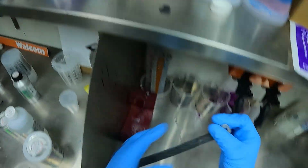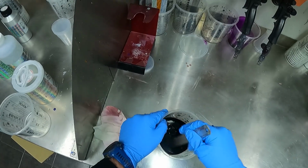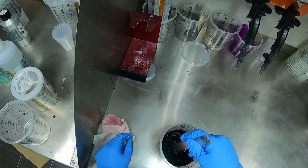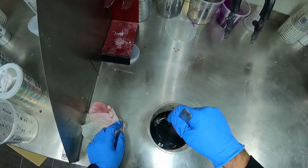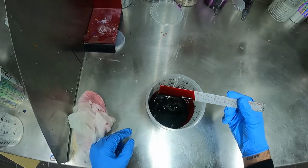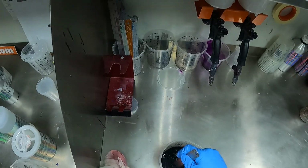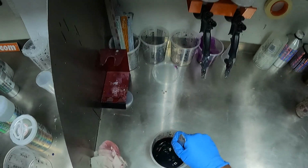We'll grab a stick just to show you guys how potent this is. We'll give it a quick stir up. You'll notice that it's actually really, really dark, like extremely dark. So that's a really great looking candy right there. So now what we want to do is mix this 1:1